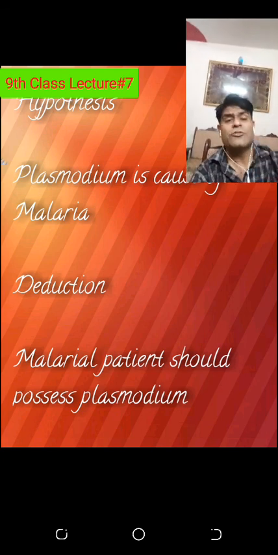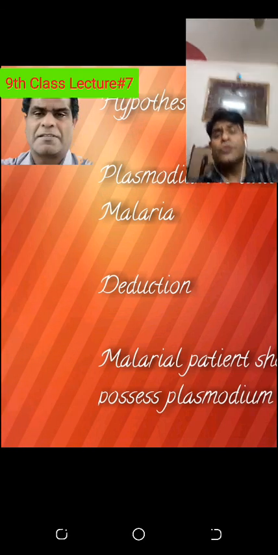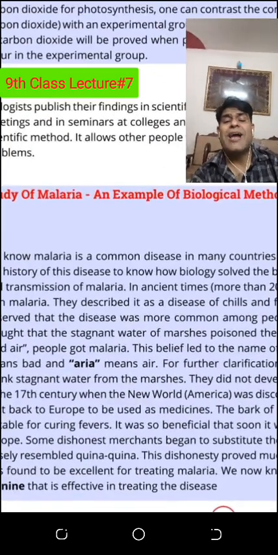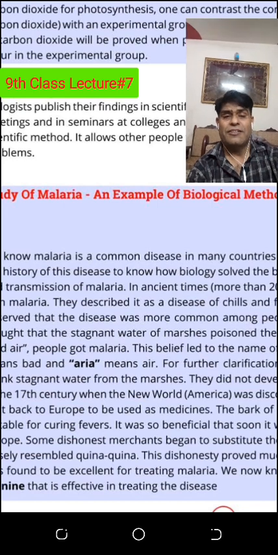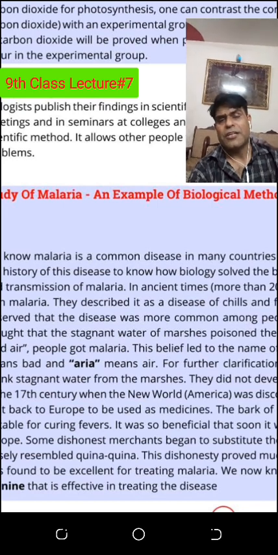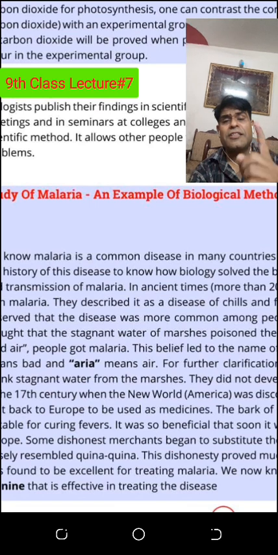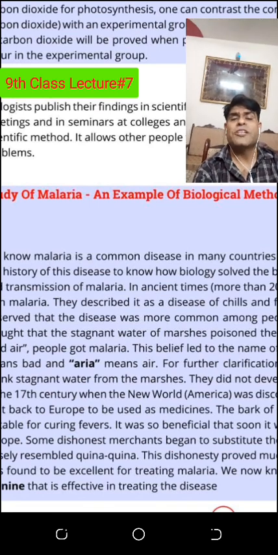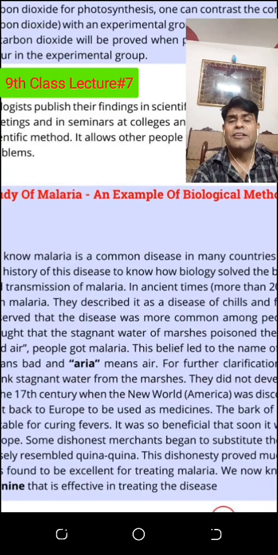So it means that it also consists of the plasmodium, but that will grow after some time. So this is a very good idea to understand, use the scientific method. Now I tell you, these are the observations. Mal means bad, aria means bad air. This is also a question, sir: why the bad air? In the next lecture I will tell you why the name malaria, these 2 words, mal and aria,